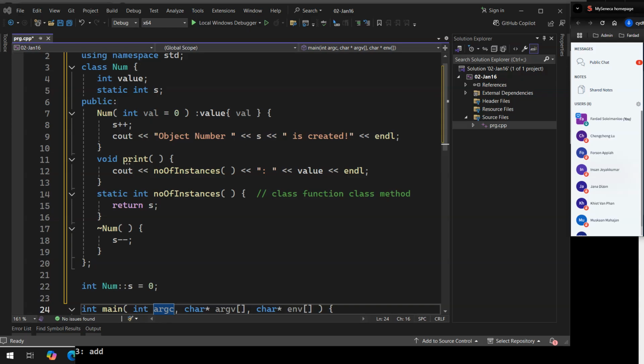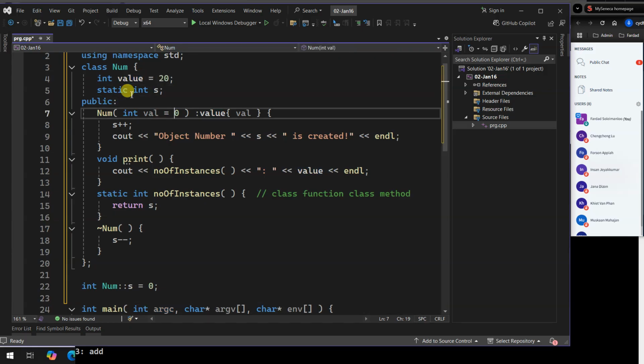So integer ABC. Integer is the class. ABC is the object. Yeah, I just have a question. Yes. So we initialize the s outside the class. Can't we do it when we are doing the static int, like in line 5? No. You can't. Okay. Because for that to happen, if I do this, when the object is created, that answers the question, right? Because static.